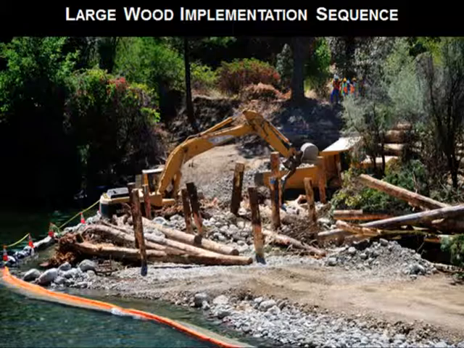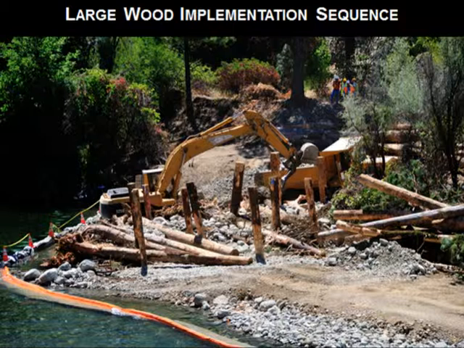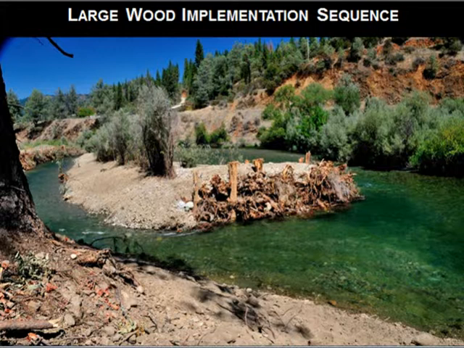Showing some of the horizontal logs, and then that was the finished product with the island right after it was constructed. And right after this went online and was constructed, the fish were already utilizing it and holding. Now there is a scour hole in front of the large wood jam at the beginning. But since various flows have hit this, there's probably a 10 to 12 foot deep scour pool in front of this log jam all the way across the main stem now.